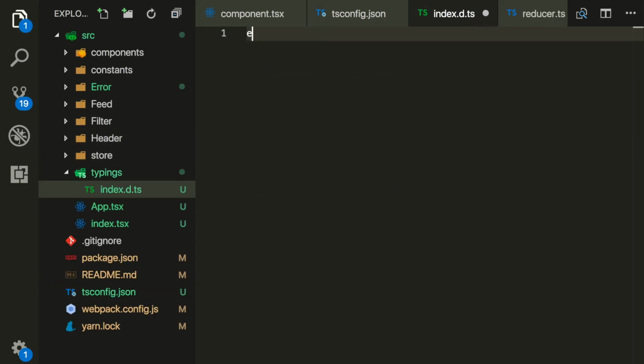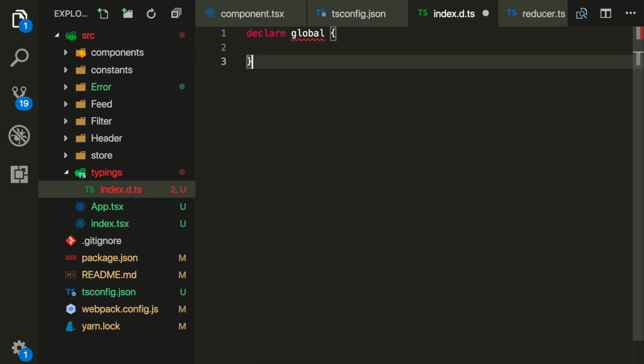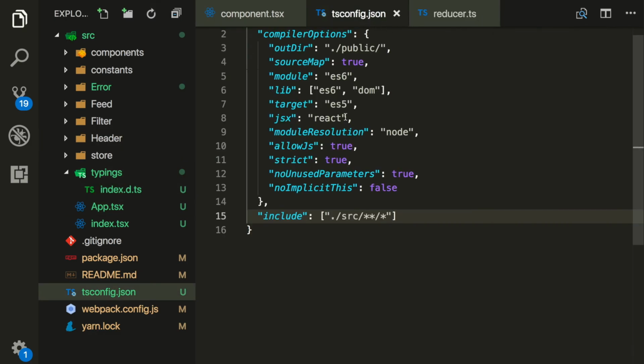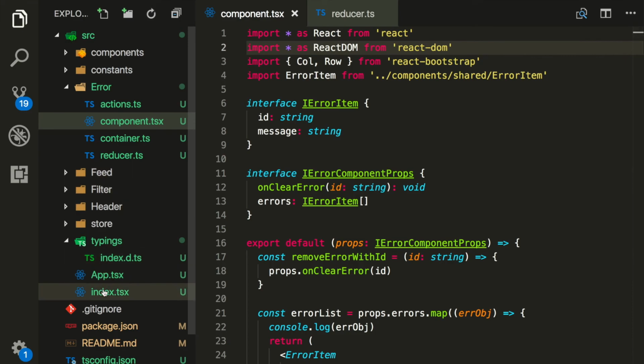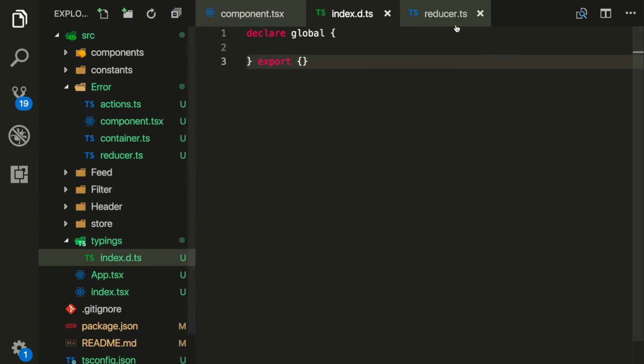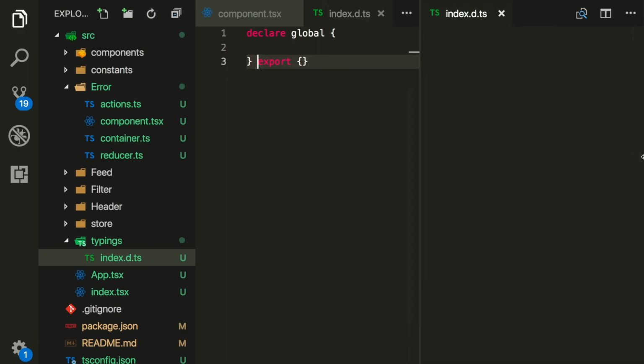So what we do is we say declare global, and we export. Now I've made a small framework using TypeScript, but I haven't gone real deep into the declarations. So as far as the example that I'm showing you, I really haven't gone past that. Excuse me. So what we're going to do is, let's open up our index.d.ts here, I'm sorry, and